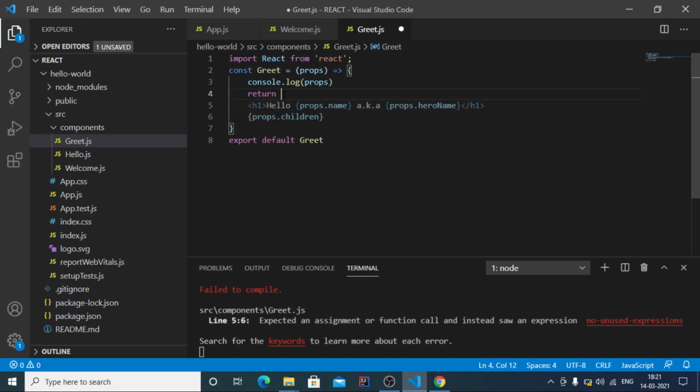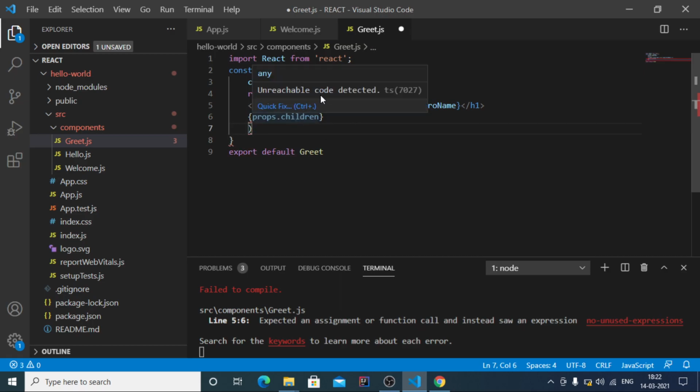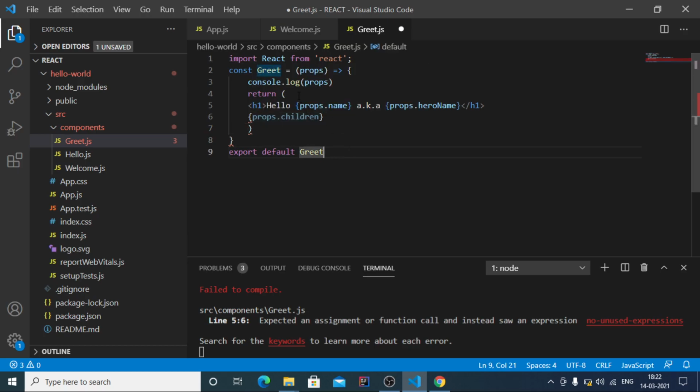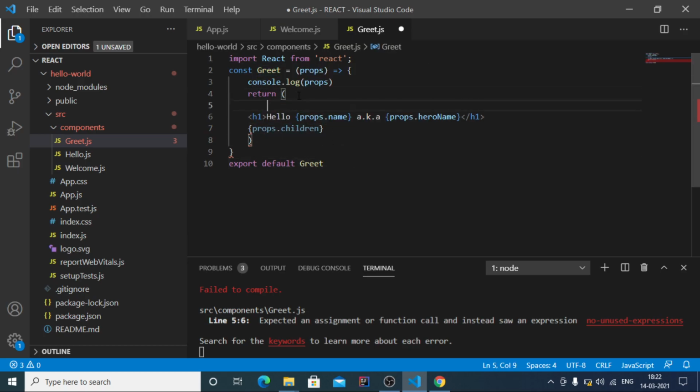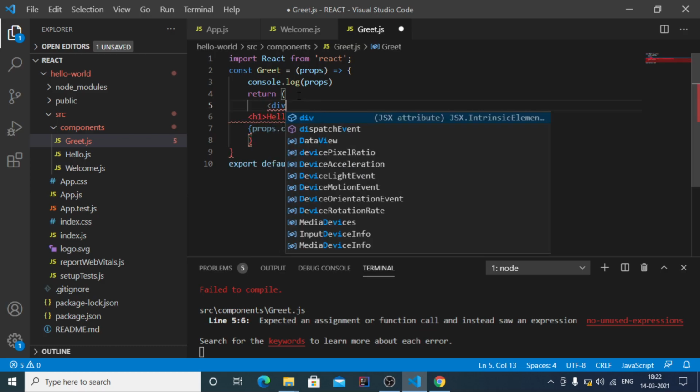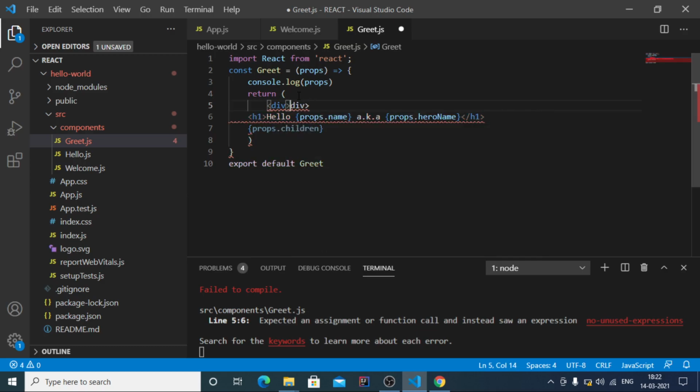So here we will be writing return, left parenthesis, and here the right parenthesis, and we require only one wrapper tag. So we write here div, and this div is the only tag which is being returned.